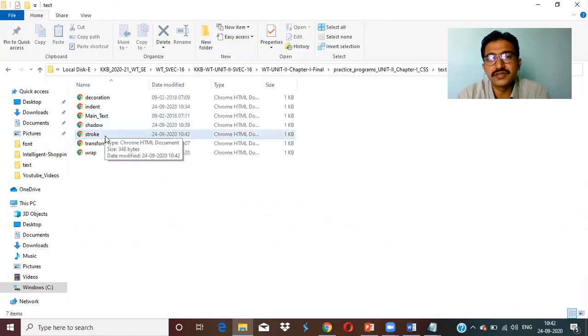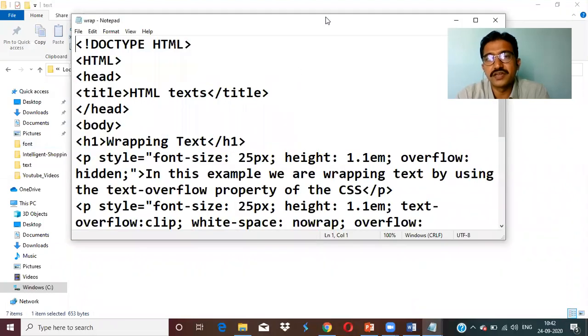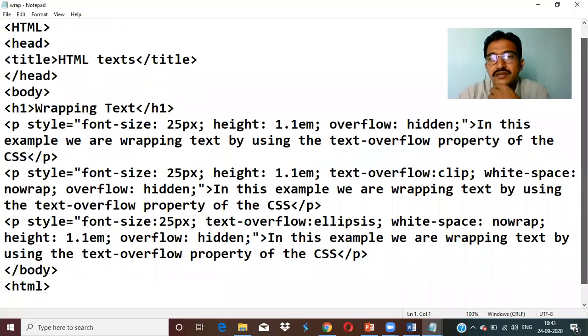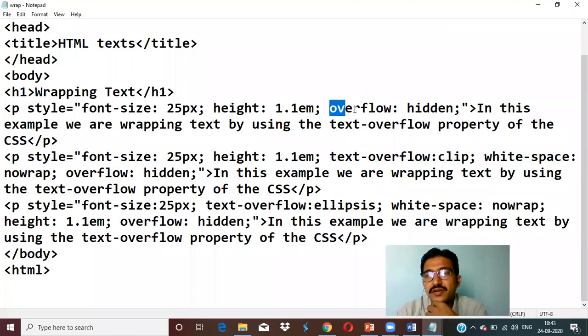So wrap is also there. It's not required, the main text. If you want to wrap the text, we can also wrap it. But it is not in the syllabus. But wrapping the text, how well we can take care of that wrapping. Anyhow, wrapping can consist of overflow, wrapping the text to how much width.